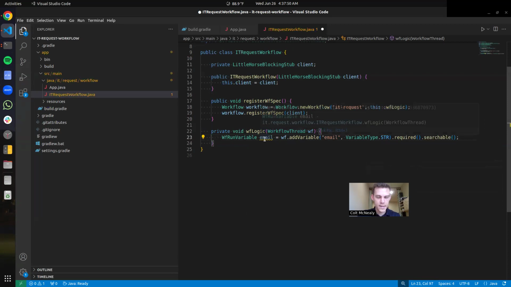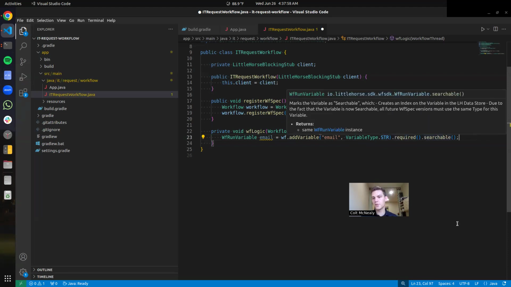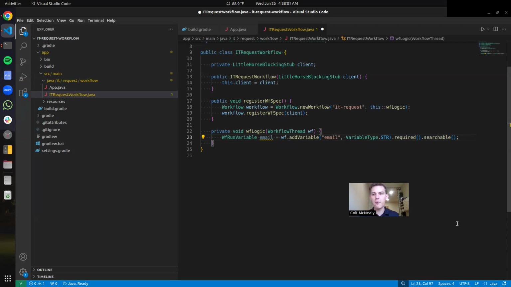So you'll see here, this email input variable is the email of the person making the request. It is a string and it's required as an input. And we're also going to make it searchable so that you can search for workflows based on the email. That will be very useful when we're building the REST API. Next, we're going to make the item variable, which is going to look very similar to the email one. It's going to be a string. It's going to be required as input, and we're not going to make it searchable because I don't think you'd put an index on that column in a database, so we don't need to put an index on it in LittleHorse. And next up is going to be justification,